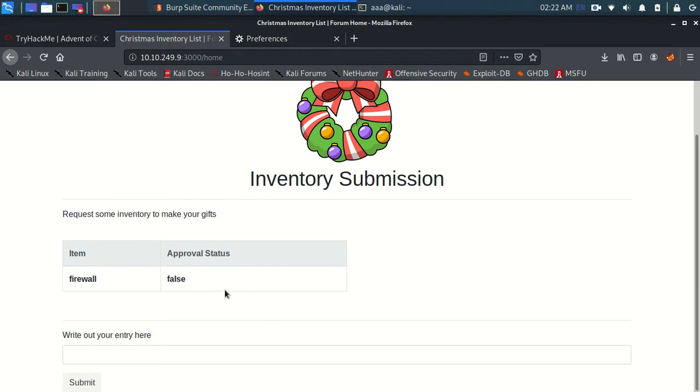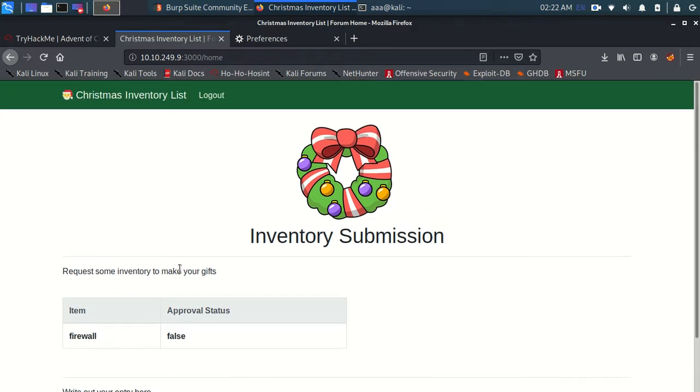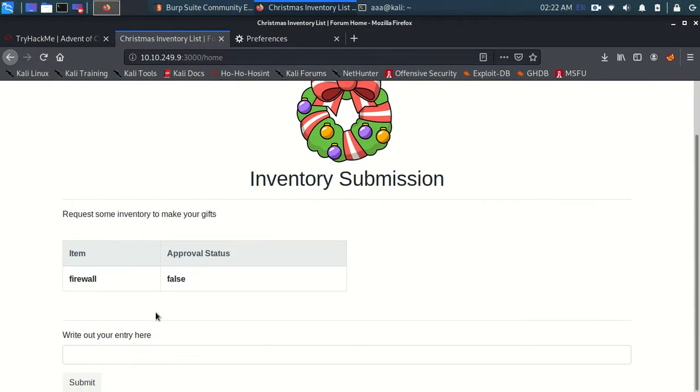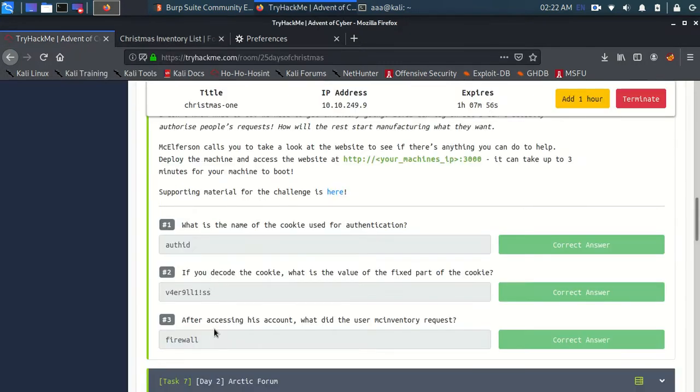If you remember, I requested a cat before, but right now it is asking for a firewall. This proves that I logged in as Mr. Make Inventory and I didn't log in as my email ID, which was ethical@gmail.com. So this solves the third question as well.